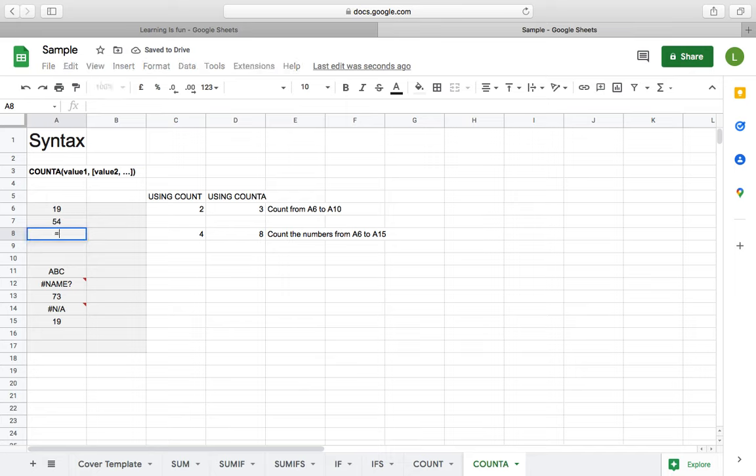But at the same time, if it is a blank text, not an empty cell, meaning under two quotes nothing is there, a blank text, that will be getting counted. You can see it is getting counted. So here also it was an empty cell, and I am just giving a blank text. From 4 it became 5 again. So I hope you understand how the COUNTA function works and where you can use COUNTA.